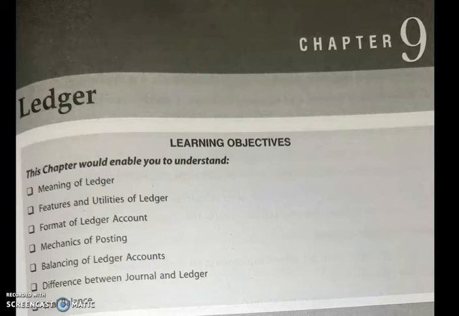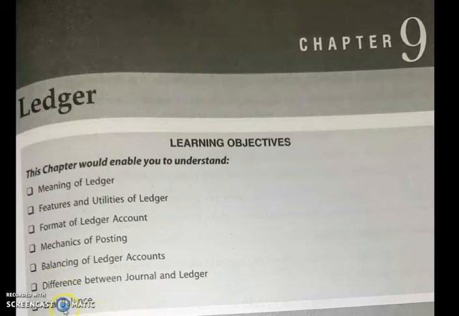chapter, like what is ledger, what is books of final entry. So that type of objective type questions only you have to study here. But ledger, how to do posting in ledger, you should know. With one or two transaction journal entry, you can learn how to prepare a ledger and just practice it.